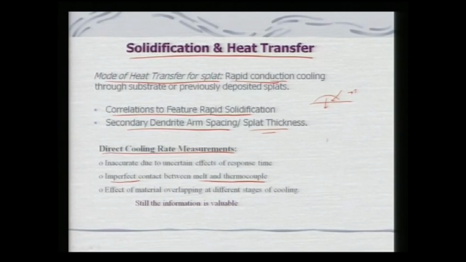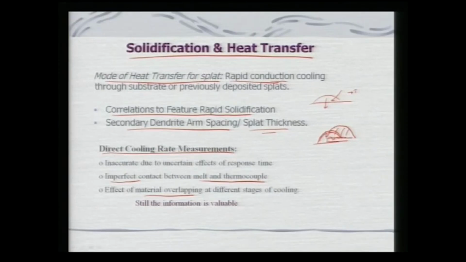So, even if you put a thermocouple on the substrate and let the splat deposit onto it, there still will not be sufficient contact. That will again lead to certain inaccuracies in determining the overall temperature. Then there can also be material overlapping. If one splat is being deposited, a second splat might come and impact right there. So again, we are not able to judge the overall temperature generated because of this particular splat,